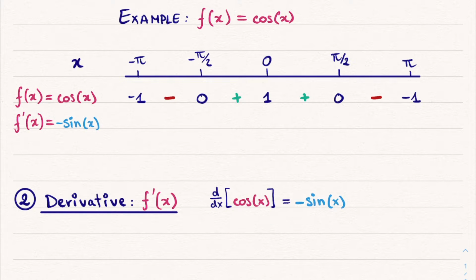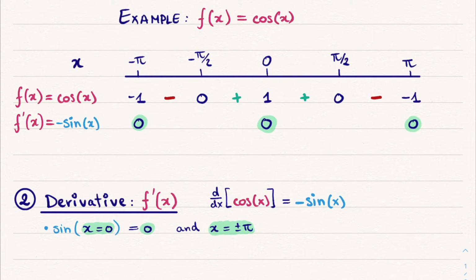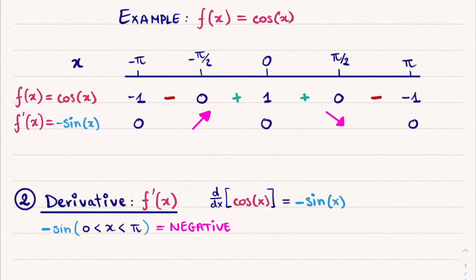The derivative of the cosine of x is minus the sine of x, which we know to be 0 at x equal to 0. Filling in some values, we can find that for x between minus pi and 0, the derivative is positive, and thus our function increases. For x between 0 and plus pi, minus the sine is negative, and thus our function